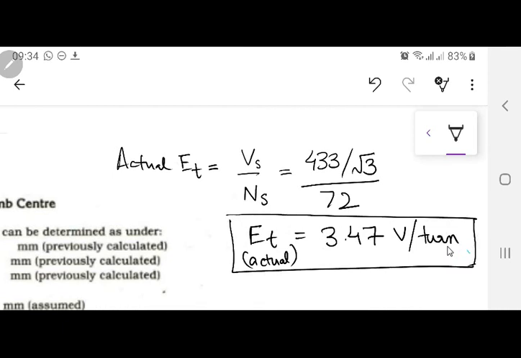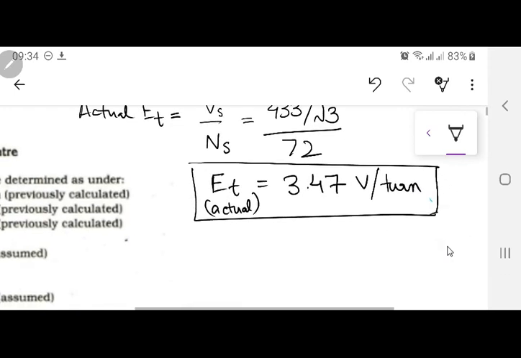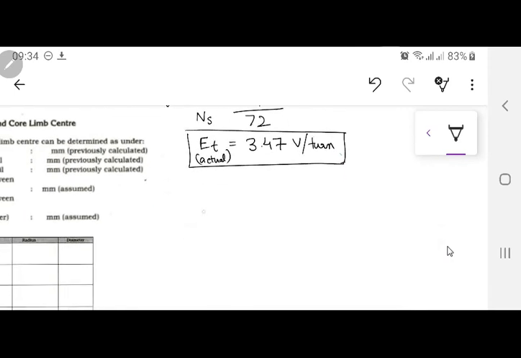Now based on this ET, you are going to find out the area. We have not done the area yet. So first thing first, let us write down the equation. ET, we already know, is equal to 4.44 F into, we can write the flux, but I am not interested in the flux value because I don't have that. So the next thing would be Bm into Ai, and that will be all, because N is already divided by the voltage. So I already know this value.